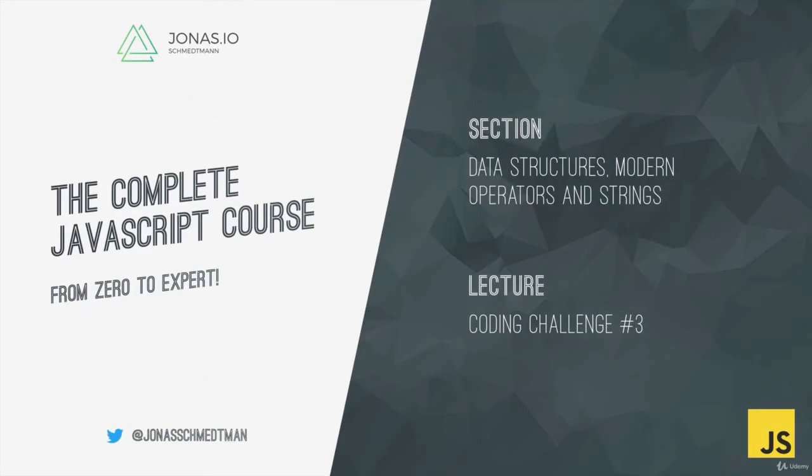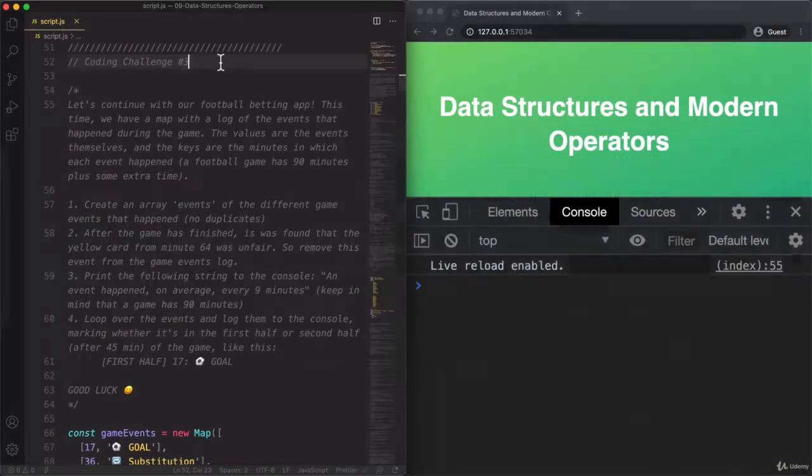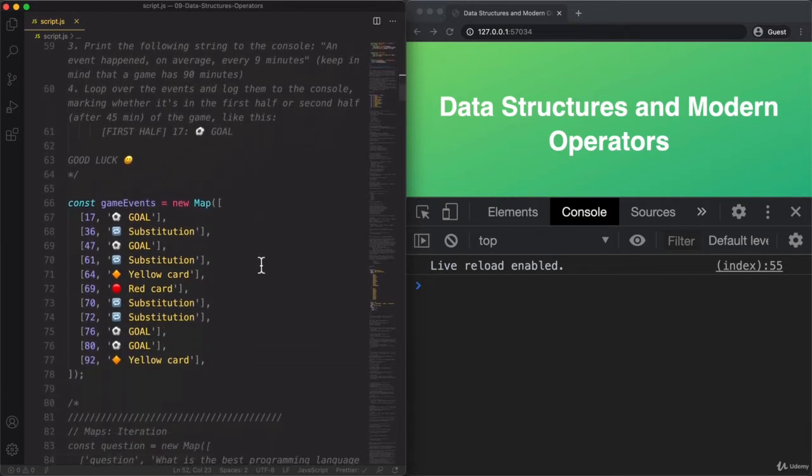And now it's time for coding challenge number 3. And we are still working on our football betting application. Now this time we have this map down here, which contains all the events that happened during